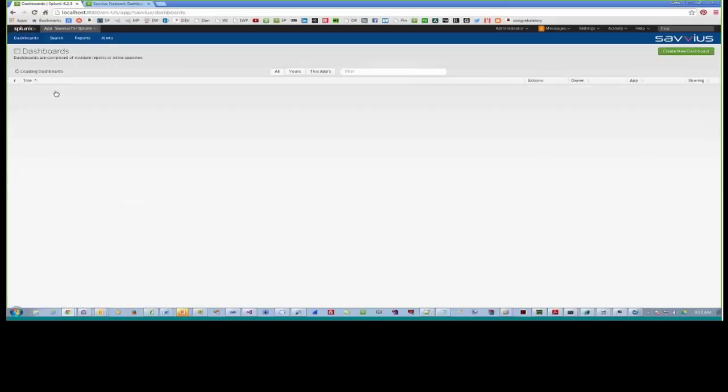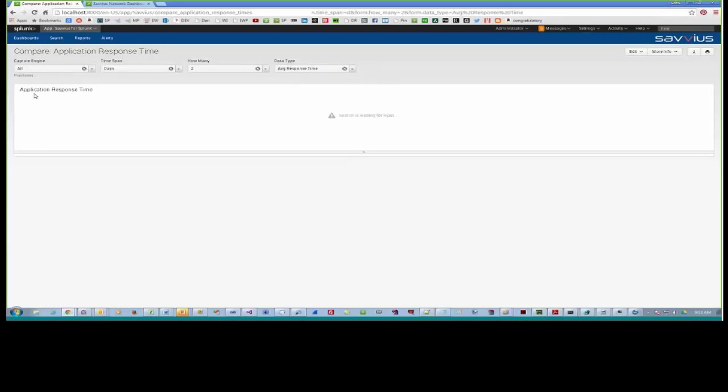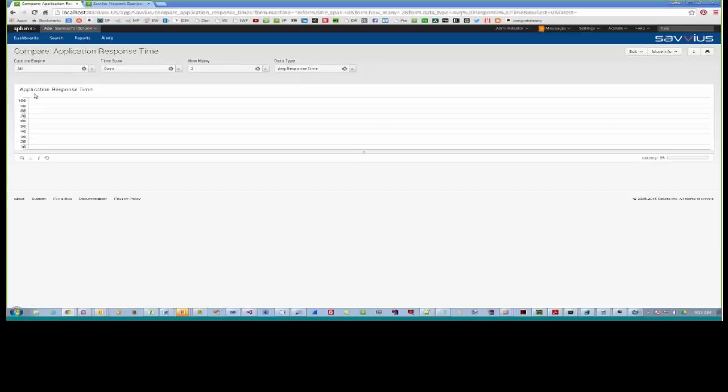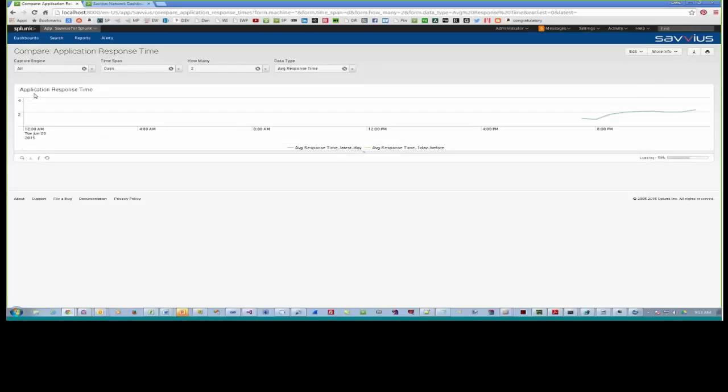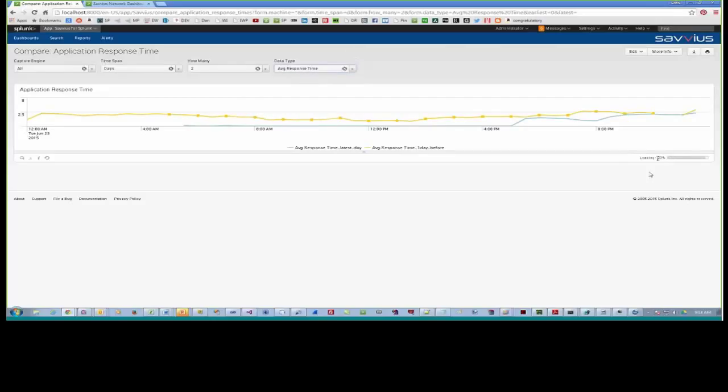I've done a couple of these comparison dashboards. For example, we can look at the application response time comparison dashboard, in which case we're not looking at utilization. We're looking at, again, the response time of our network or our applications compared to, in this case, yesterday. I'm just doing 2 days, but you can go up to 7 days. And in this case, it could be average response time, best response time, or worst response time. I'm defaulting to average. So you can see, I think it's almost done, that